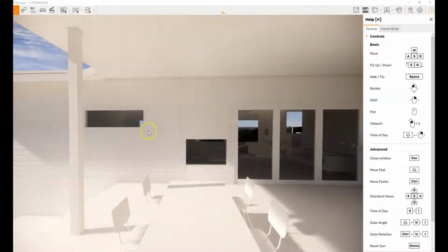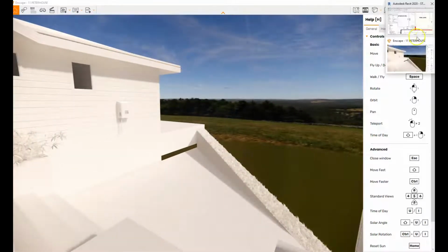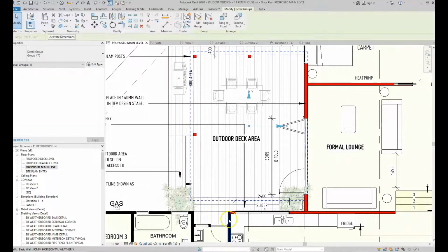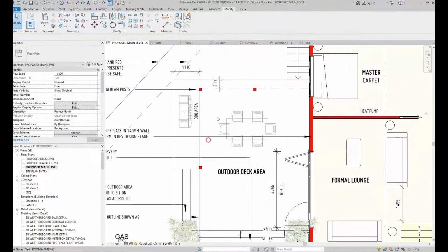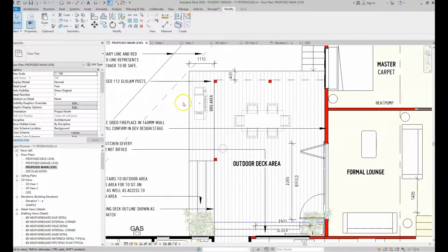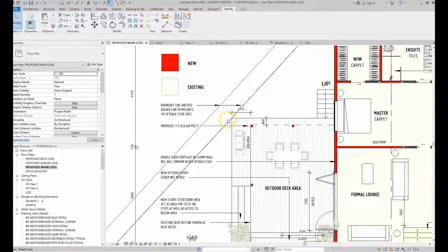Fireplace, I've made this window still the same length, which is 1800, but 600 high, which is a lot better. And then all I've done for the deck, I might just go back to this plan, right? The dotted line there represents the existing deck shape. So I've pushed the deck up by 400 past the posts, because that would look quite nice. And this side I've gone 1110, and it's basically a meter from the boundary, then the edge of the deck. I don't really want to get closer than a meter, even though the deck's under a meter high,